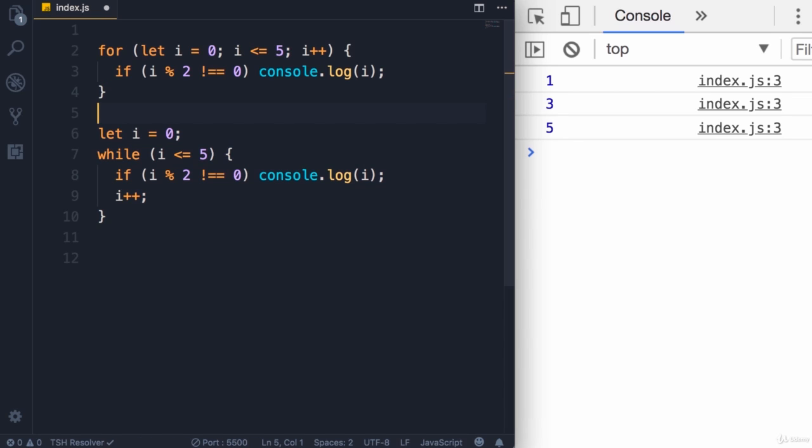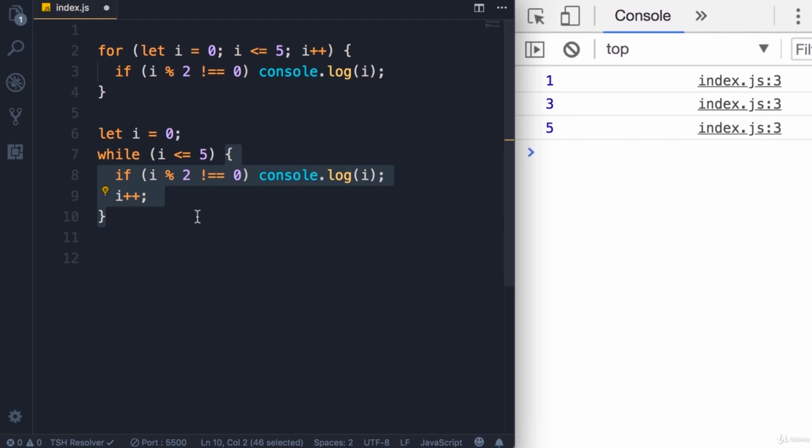So this is what happens when we execute this code. Initially, i is 0. Now, in the while loop, first, this condition is evaluated. If this condition is true, then the body of the while loop will be executed. Again, in the next iteration, the condition is evaluated again. If it's true, the statements in the while block will be executed. Otherwise, the while